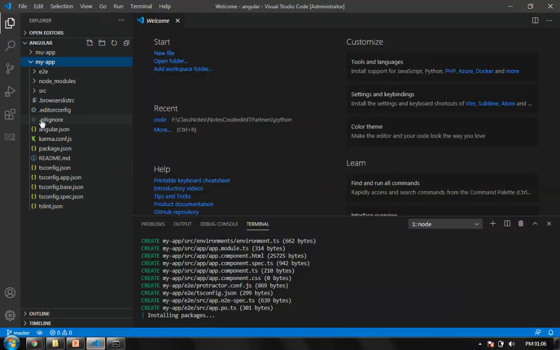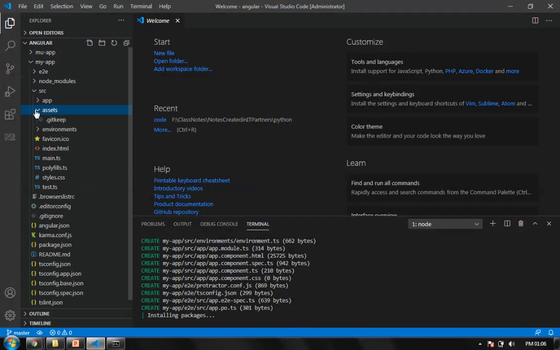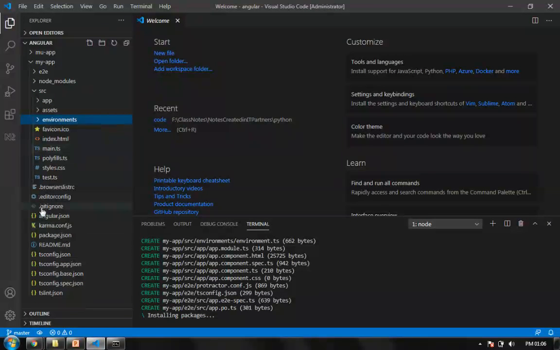Fine. So I click on this. I'm getting something called the source folder here. In this source folder, I'll be getting the app and assets, as we spoke on assets. Then we are getting some environment variables to be defined globally. Then this is your main file, so your program execution starts from this file. That is index.html. And as you know, Angular is a single page application. That means everything is going to be integrated and run from a single page. Of course, there is a second option that is loosely typed, but we'll come to that later on.